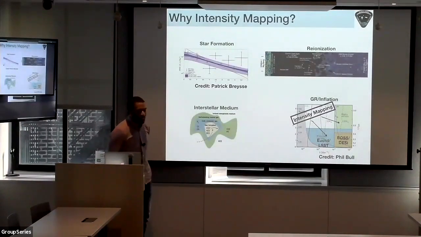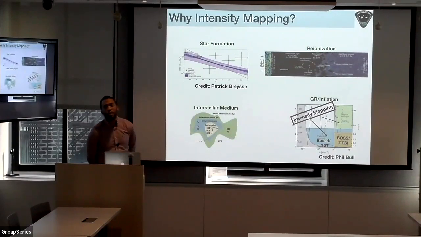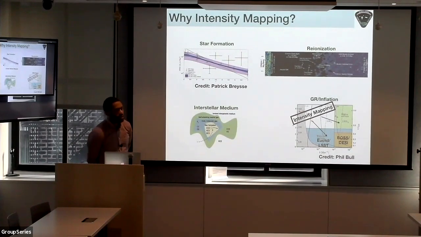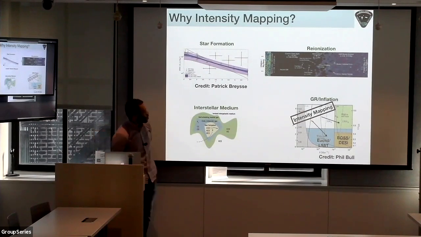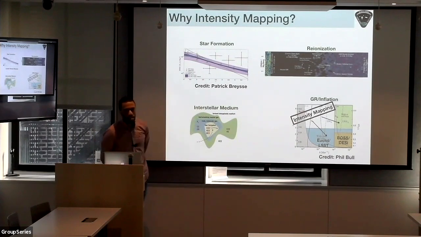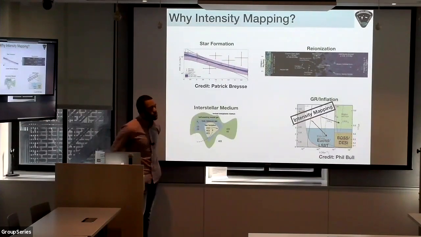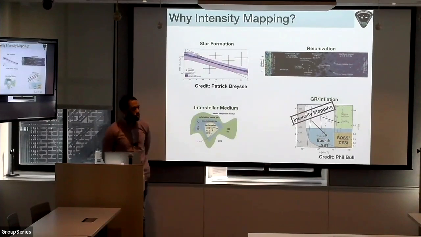So why intensity mapping? There are several things that we want to be able to show with intensity mapping, including star formation, as modeled here, where these crosses are what we can do normally today with UV surveys, but with intensity mapping, like with CO, we should be able to do a lot better. Also, we want to trace ionization. Because you're able to see structure out to farther distances, you can begin to have statistical analyses of tracers at very high distances, which you normally can't do as well with traditional galaxy surveys.